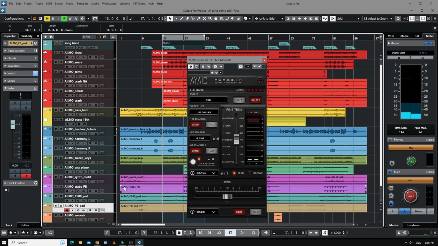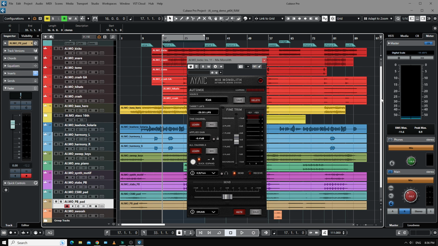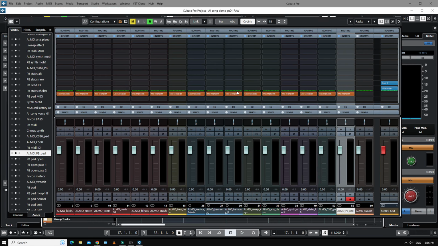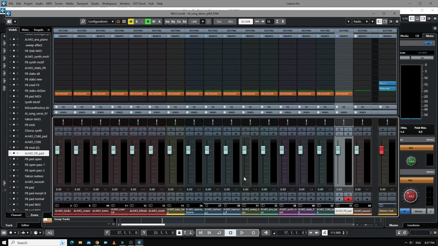Okay, I just remembered I didn't have that staccato bass channel in this. But for the moment, let's just have a quick look at how you make adjustments here. So obviously you can mix. I've set these up in post fader, which means that any changes I make by dropping plugins in or adjusting the levels, I'll be getting a new level going to the monolith. So I'll have to reanalyze that track or all the tracks once I've done that.